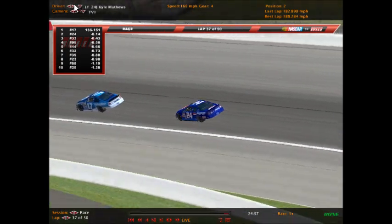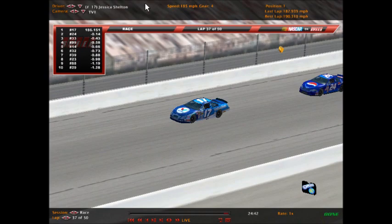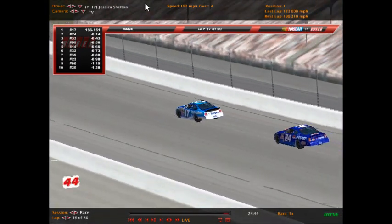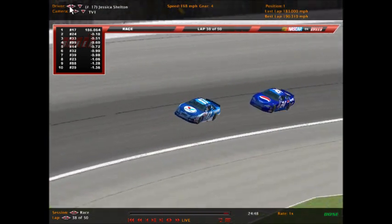Comet is driving the Jeff Gordon cars. Shelton driving the Matt Kenseth cars. Here, the 17 Valvoline Busch car from 2000. I forget which year it was. I think it was 07 or 08, or 09, whichever year it was. But anyway,